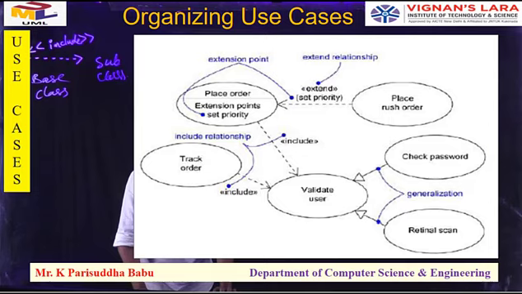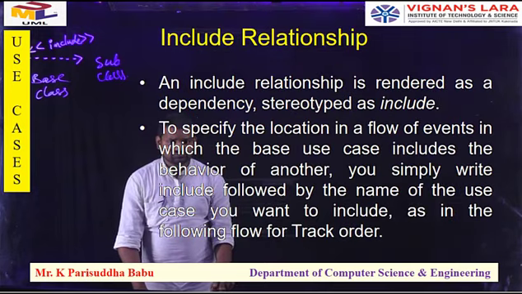So include will have additional information added to a particular relationship, whereas extend is also additional information that will not come regularly, but will come in some situations. That is the only difference between these include